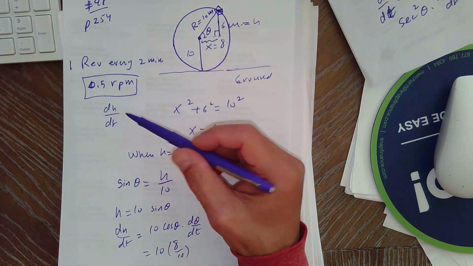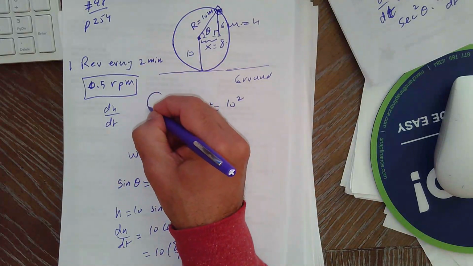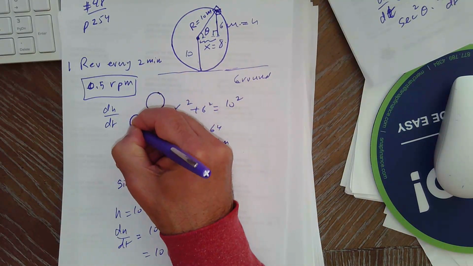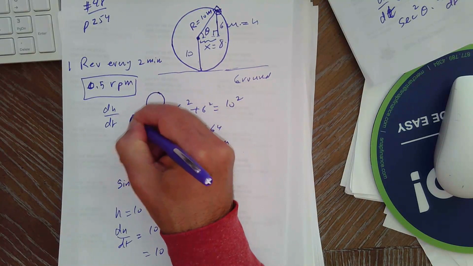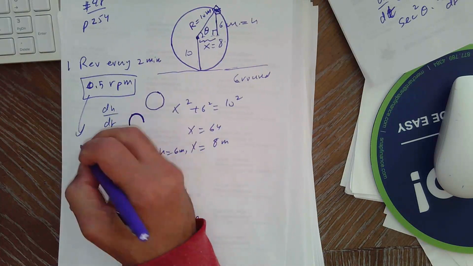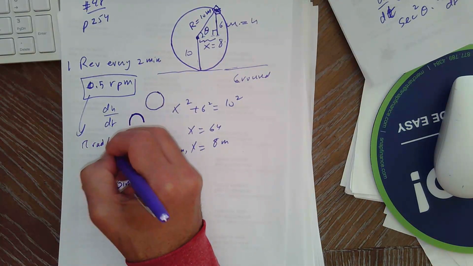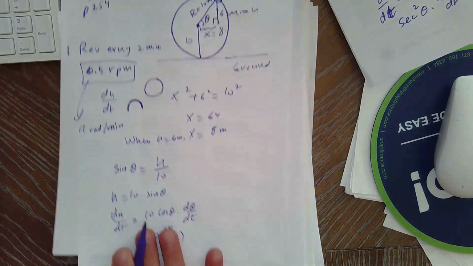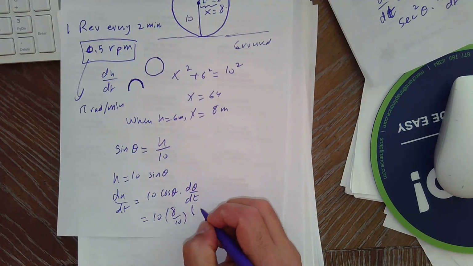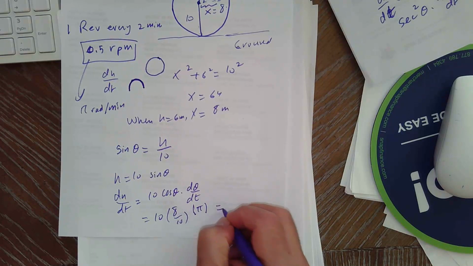You see, 1 revolution is 2 pi radians, so half a revolution is pi radians, half a circle. So 0.5 revolution per minute is pi radians per minute. That's what d theta by dt is, right? So it's pi. So it would be 8 pi